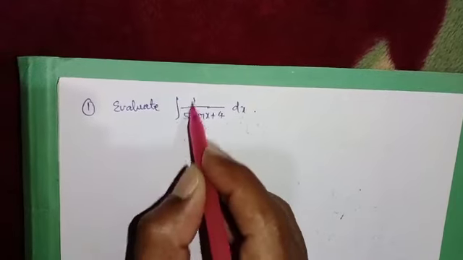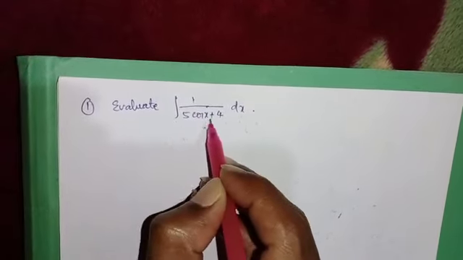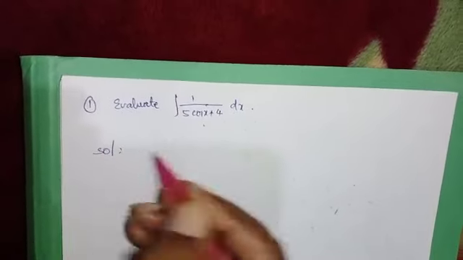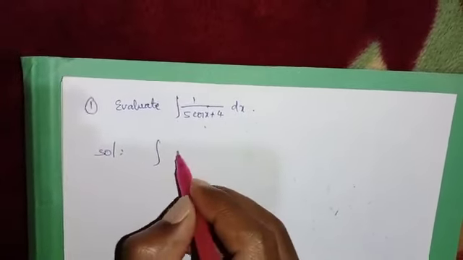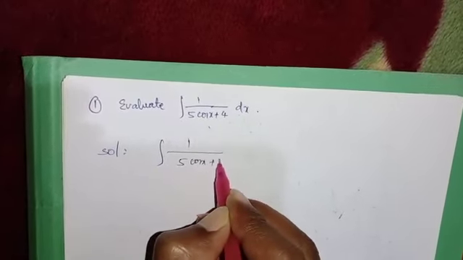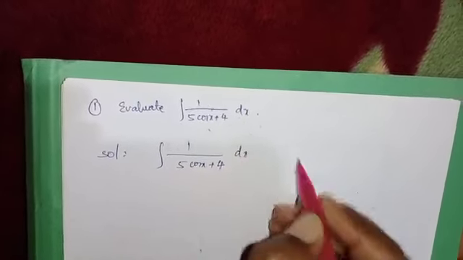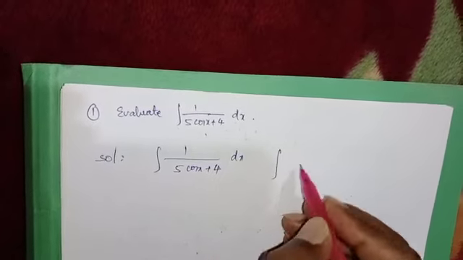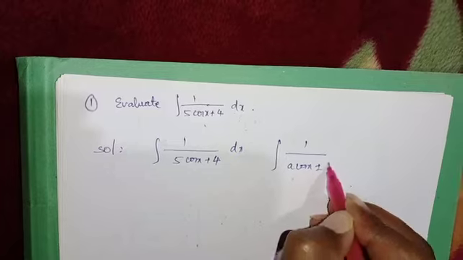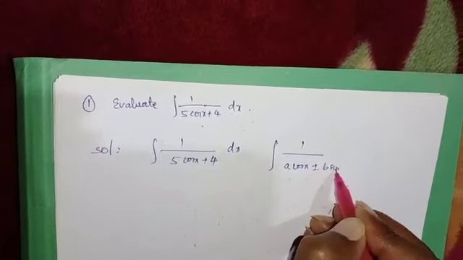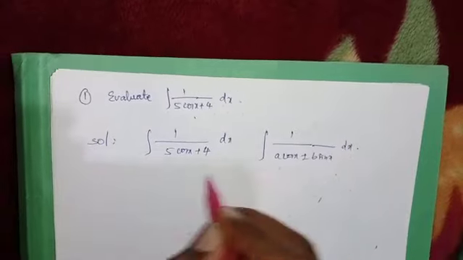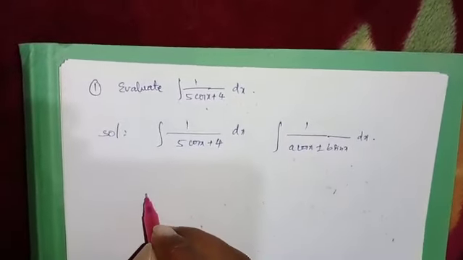Evaluate integral 1 by 5 cos x plus 4 dx. Solution. The given question is integral 1 by 5 cos x plus 4 dx. The model of this question is 1 by a cos x plus or minus b sin x dx. This is the model. So let